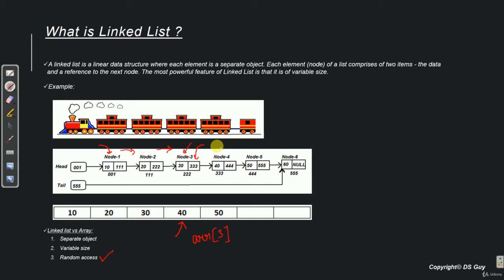And that is one of the biggest limitations of a linked list, which we are going to discuss in our later videos. So I hope you would have understood how is linked list different from an array. Now in the next video, let's talk about why should we learn linked list. Is there any situation where array will not work but linked list will work perfectly? Let's see that in the next video.